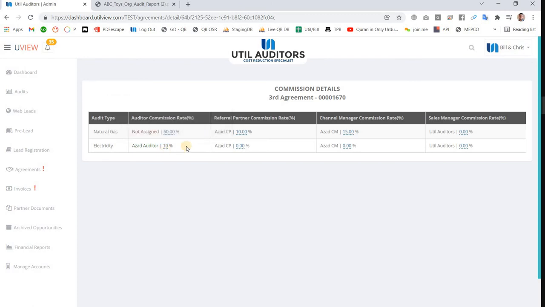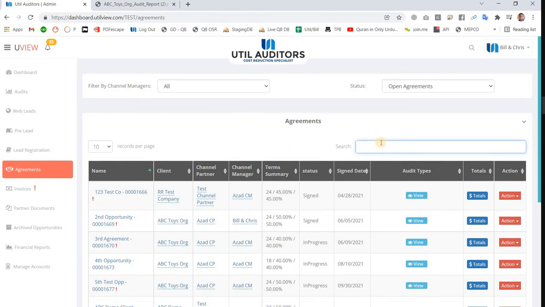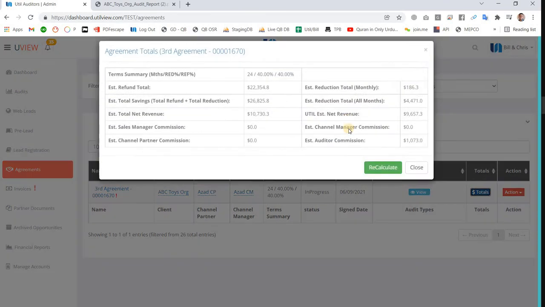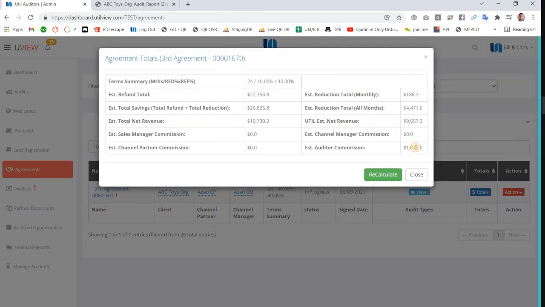Now if you want to recalculate the commission amounts after updating the commission rate, you will go back to agreements, and here under the totals, right now you can see the old amounts.